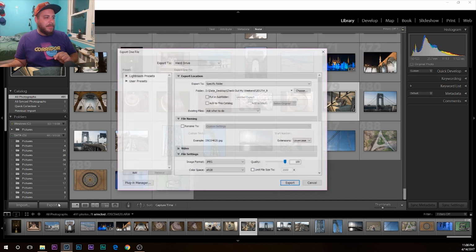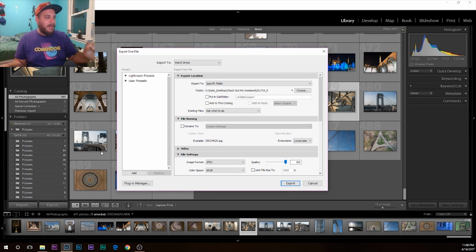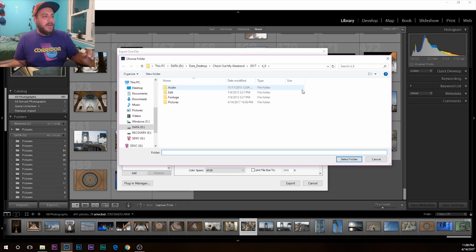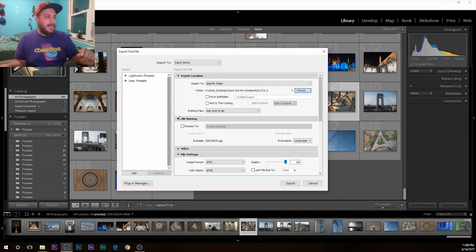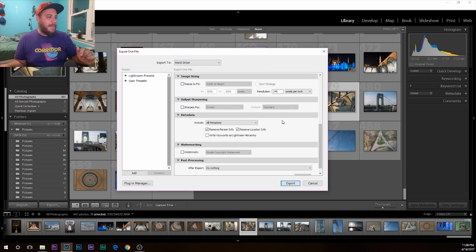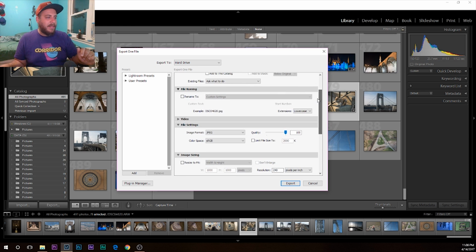we'll click export. This will pull up the export dialog and give you a few options before saving the photo. So it'll let you choose where you want to save the photo. We're going to save it right here in the root of 49, that date, so I know exactly where it's at. If I want to rename the file, I can do so manually or choose some custom settings. I'm going to leave it as is. And then the last and most important thing, I think, other than selecting where the photo is going, is choosing